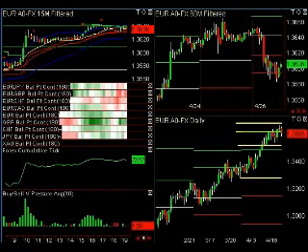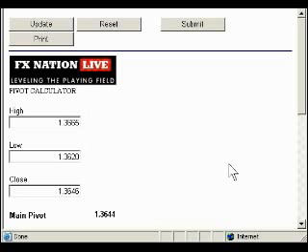Once you have those price levels, you can either calculate the pivot point by hand, or you could throw it into a pivot calculator, and there's calculators all over the internet. We actually have one that you can access for free at FX Nation Live. And it will actually not only determine the main pivot, but also additional support and resistance levels that are helpful